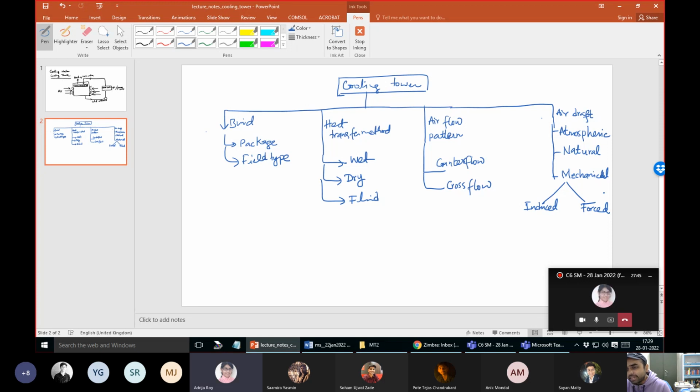Some of these dry type exchangers are found in cold countries, mostly in the upper latitudes, where during the winter time the weather itself is very cold. So even with direct contact of the cold air, you can make a surface cold, and to that you can put your process fluid directly onto it to make it cold. Is this clear?